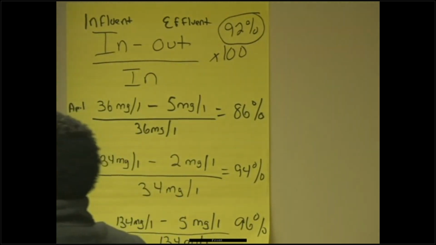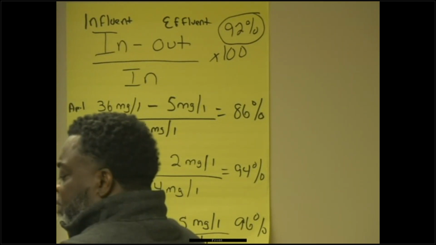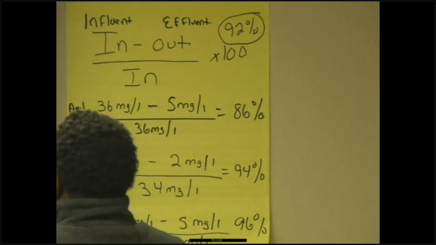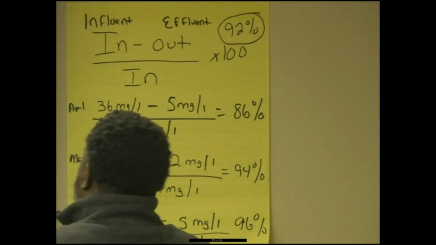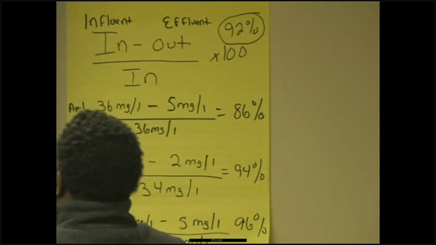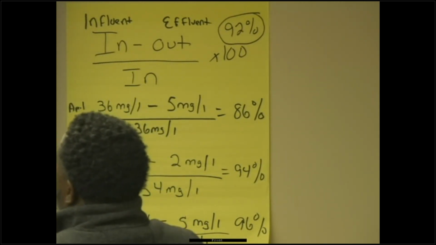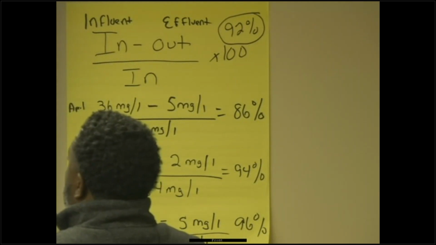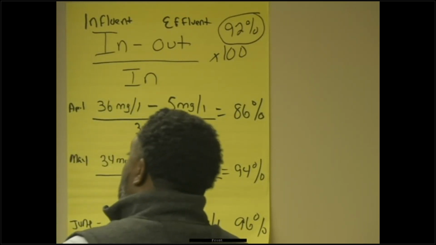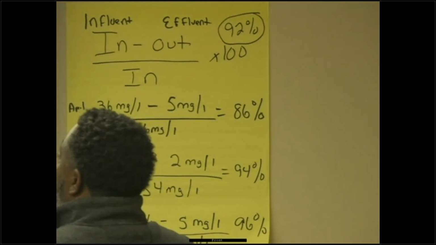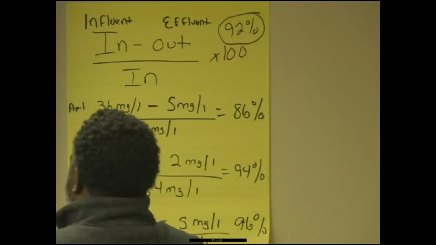Now, again, I want to say to you that with the examples that we've provided, only 1 sample was collected during a particular month, which means that your monthly max and your weekly max will be the same. But there are situations where during the course of a week, and certainly during the course of a month, you may collect more than 1 sample, in which case those samples must be accounted for and averaged accordingly. So pay attention to that as well.